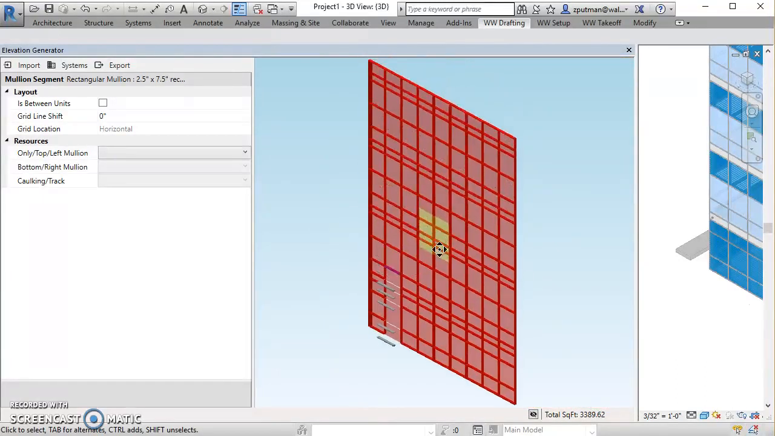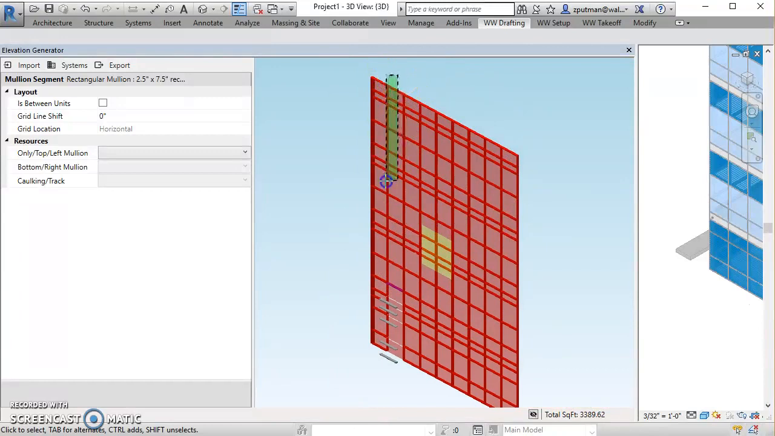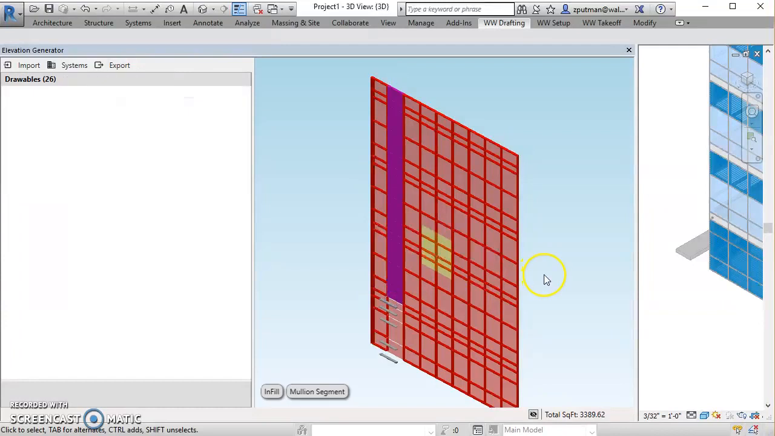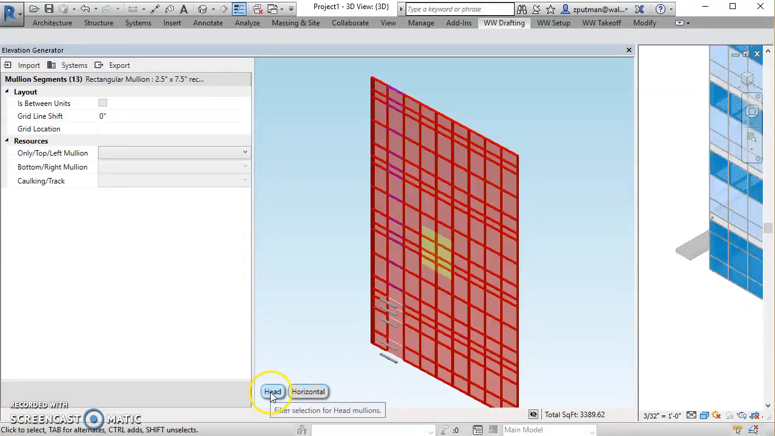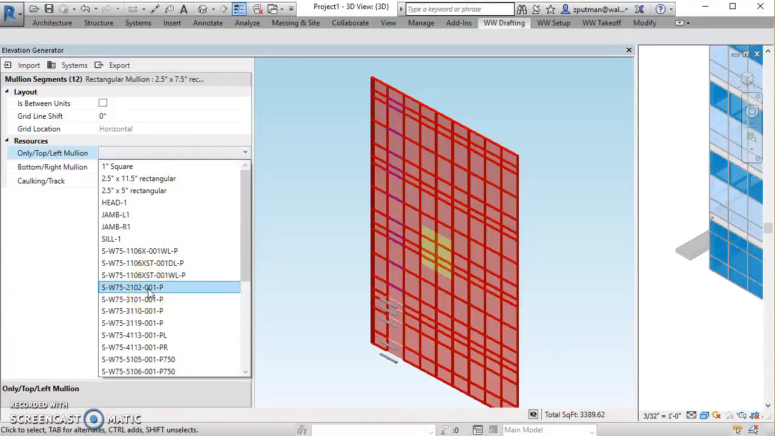Let's do some more of these. I can select multiples by using windowing techniques like this. I'll get all those horizontals like that. And then my mullion segments, these little buttons here will allow me to filter my selection. So right now I have both infills, the glass, and mullion segments. If I click on mullion segments, I'm going to keep the mullion segments. And then right now I have head and horizontals, and I just want the horizontals. So I'll click horizontal. Now all I have selected are the horizontals, and I can set them all to this S2102,